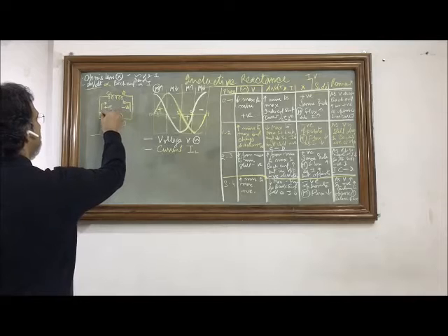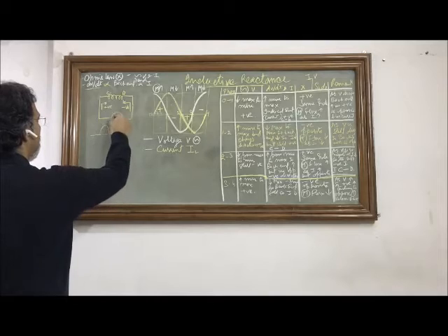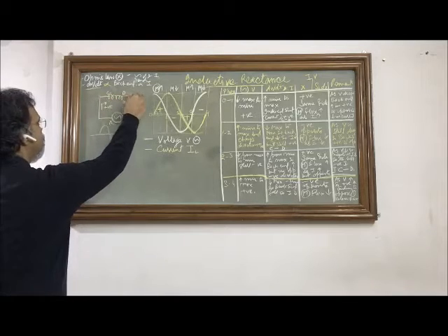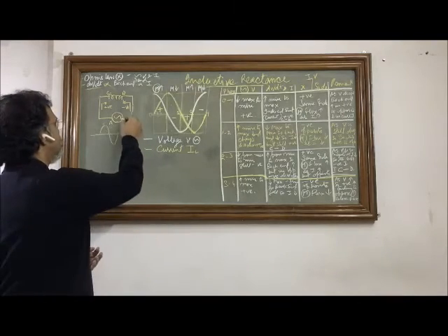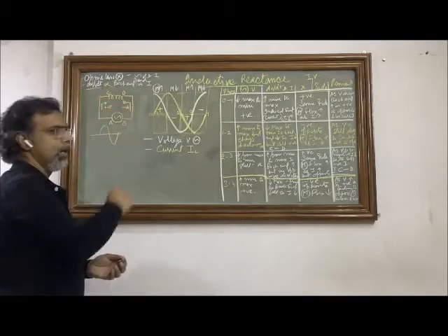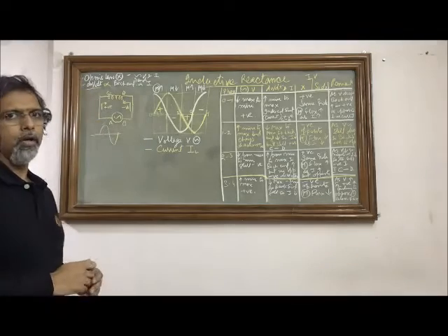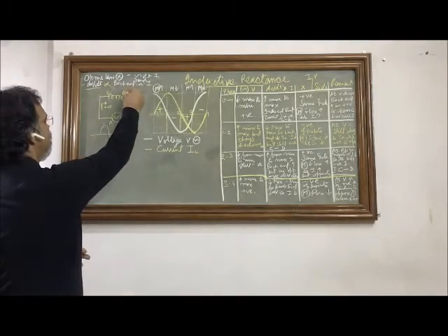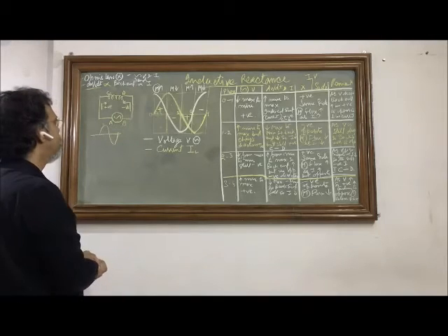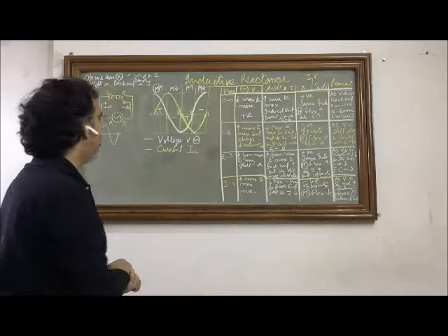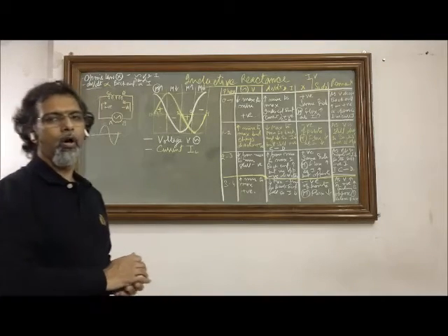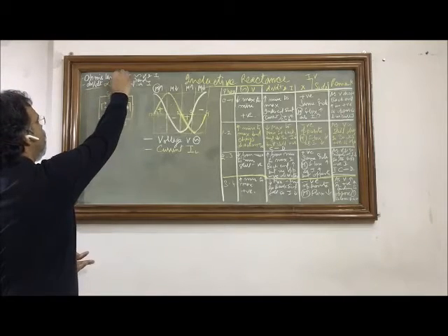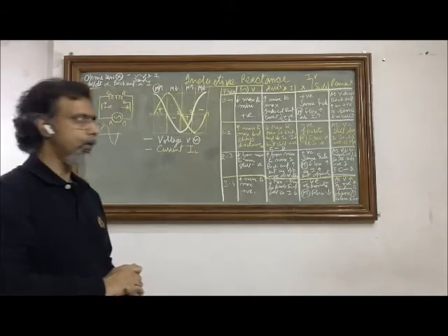First, the clockwise current will be taken as the positive current, which means if the current flows from A to C to D to B, this will be taken as positive, and the reverse direction, which means the counterclockwise direction, will be taken as the negative current. A point that needs a recall is that since it is a pure inductor circuit, we are assuming that there is no resistance in the circuit, and we are not going to interpret the circuit on the basis of Ohm's law. So Ohm's law we are not considering for this circuit.